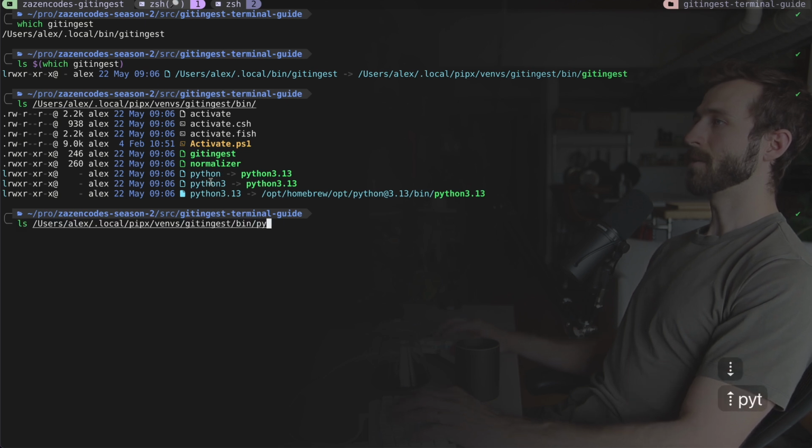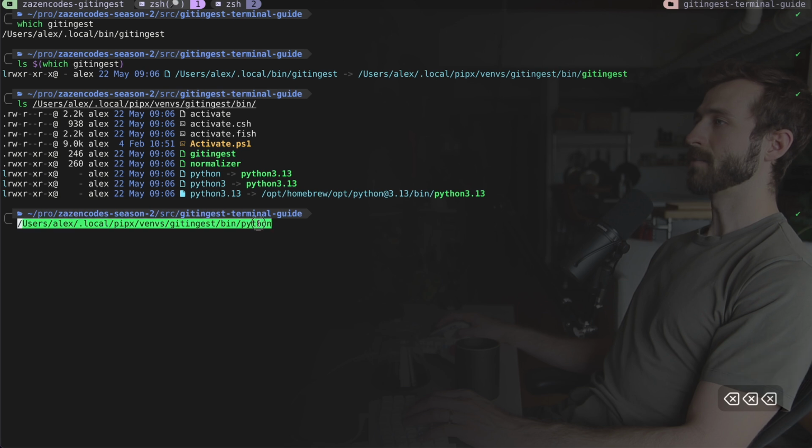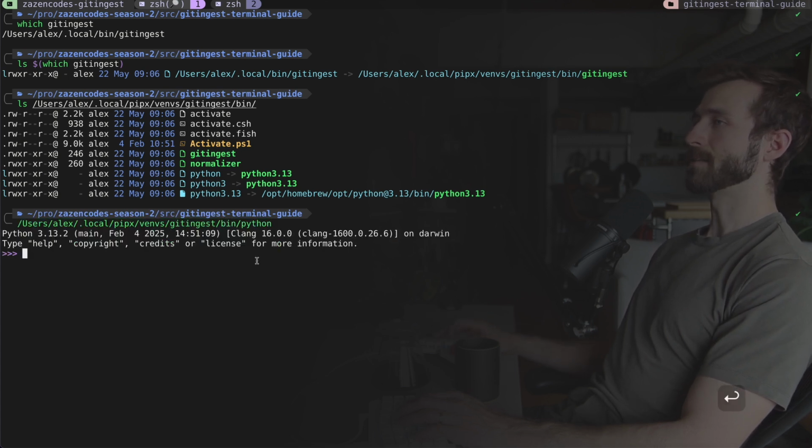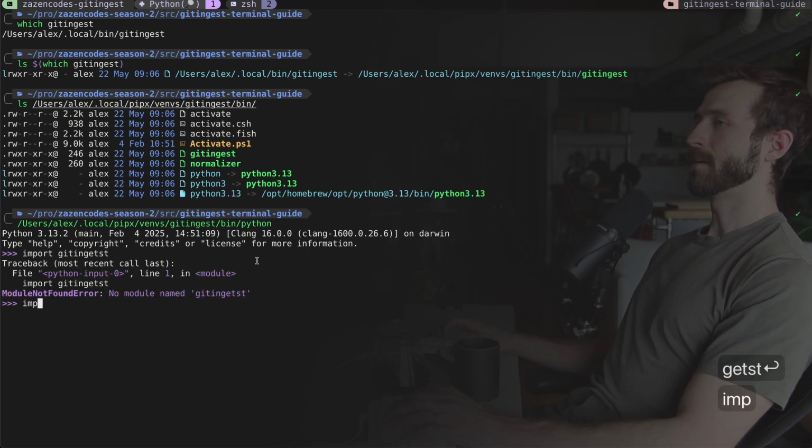So what I can do is open up this Python. So I don't want to ls it, I want to just execute this. And what we're going to do is this will take us into the Python interpreter that has the right environment to use the git ingest library. What am I talking about? So I can say import git ingest, and if I spell it right,